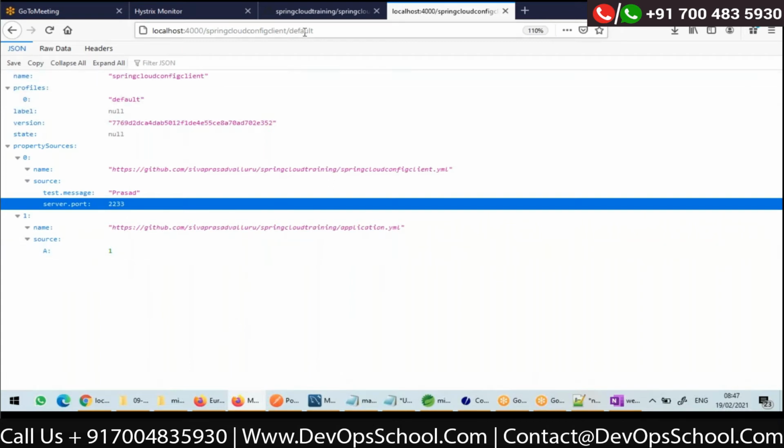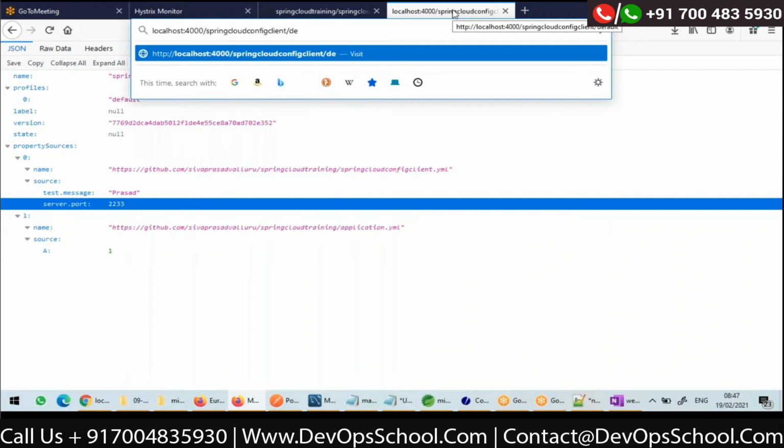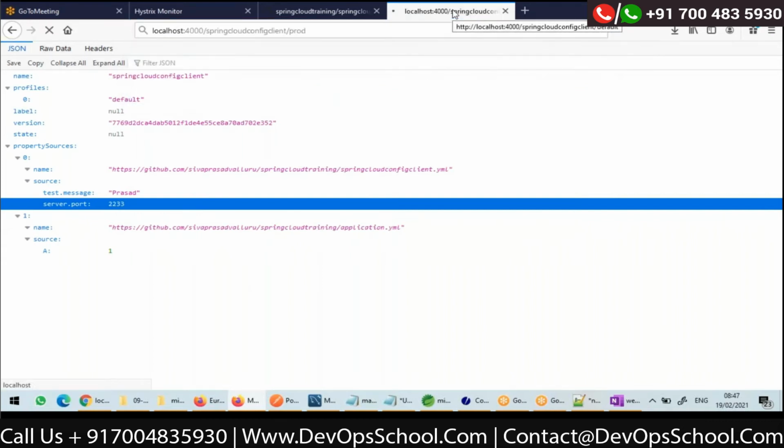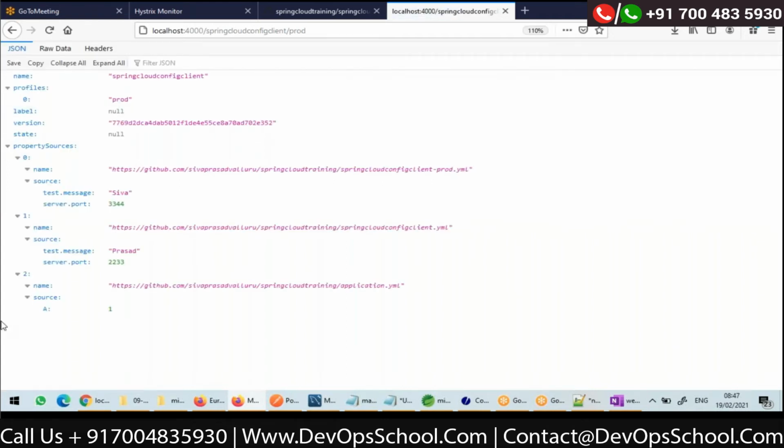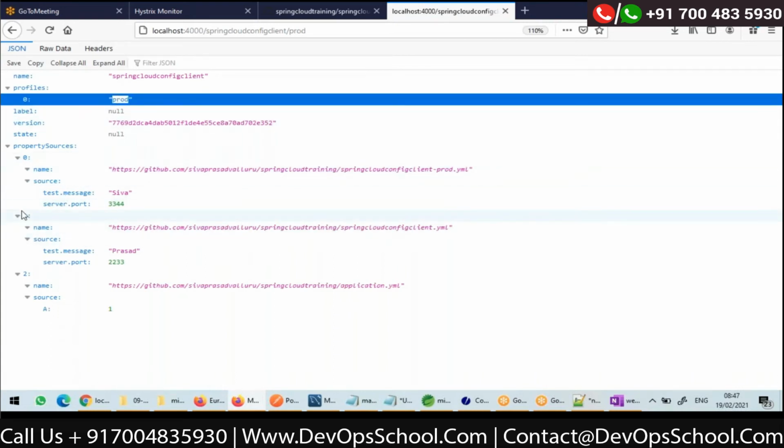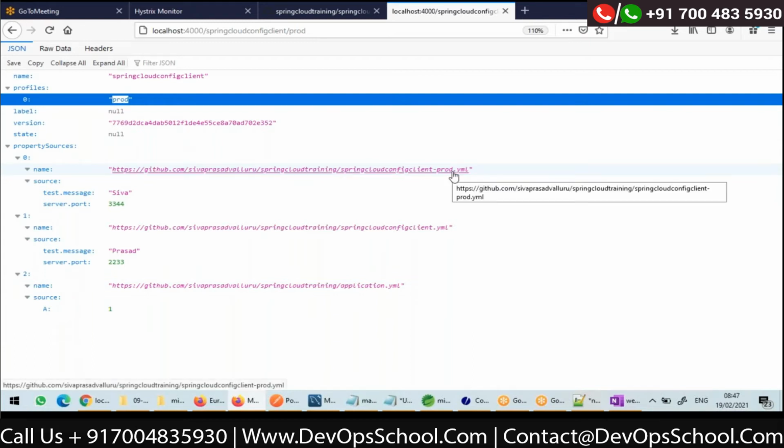Now, suppose I give for dev, no, sorry, prod, I have configured for prod. /prod. Let us see what will happen. Oh, yeah. Now, how many property sources are there for prod? 1, 2, and 3. This is the one specific to prod.yaml.